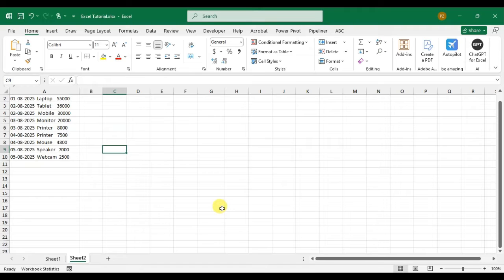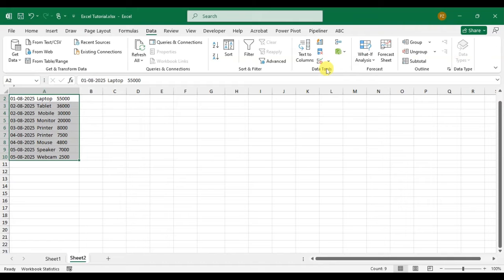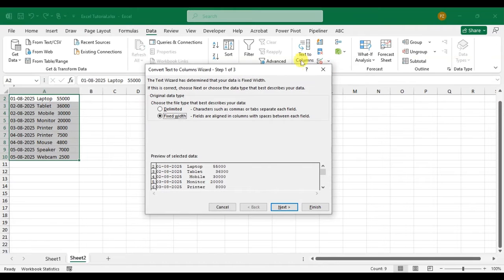So let's start. In my Excel, here you can see I have data. In one column I have a date, product name and amount. Simply select the entire column and go to the Data tab. In the Data Tools group, click on the Text to Columns option, and here a dialog box opens, the Convert